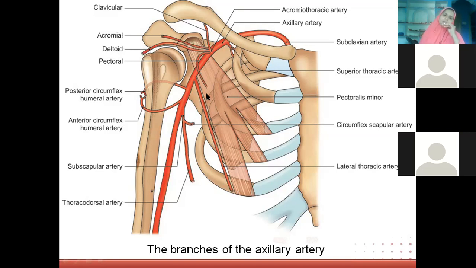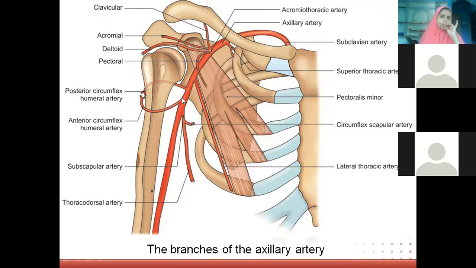Okay. So lateral thoracic also supplies the mammary gland. We know already SAL, all three will supply: superior thoracic, acromiothoracic, lateral thoracic. They supply the mammary gland, pectoral region, intercostal muscles as well. Now coming to the third part, we have 3 branches: anterior circumflex humeral, posterior circumflex humeral, and subscapular.